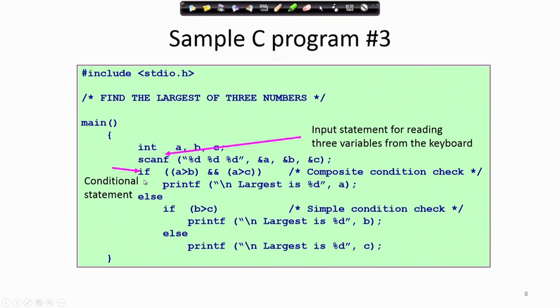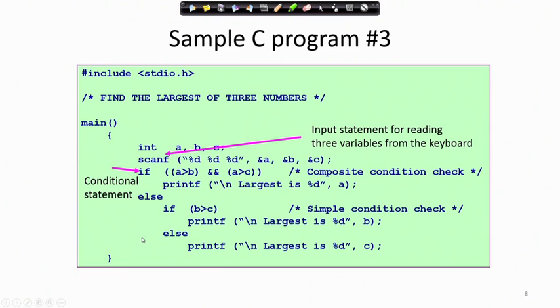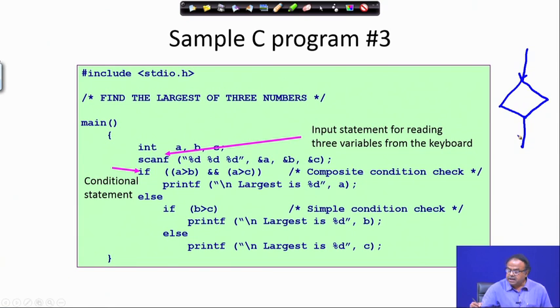Now, a new word we are encountering here, if. If is a conditional statement, you need not bother about it. If you recall, we had in the flow chart a thing called diamond, right, where we are taking some decisions based on some conditions, yes and no, right. We are doing that. Here we are looking at some condition, if A is greater than B and A is also greater than C, if that is yes, then I am printing that A is the largest number.